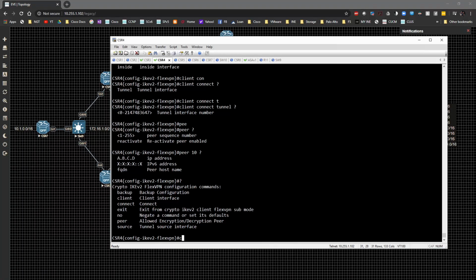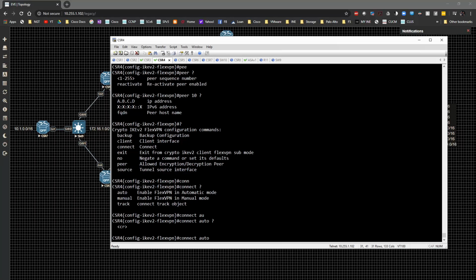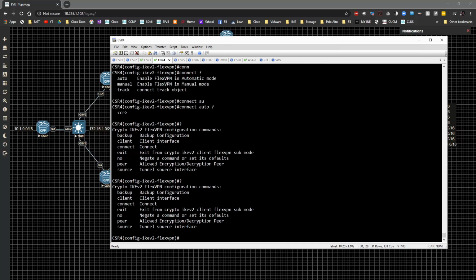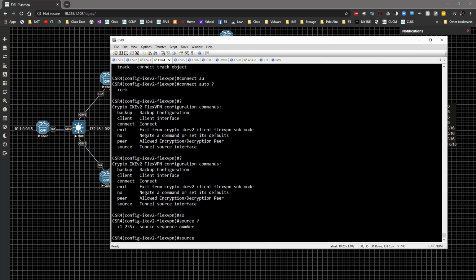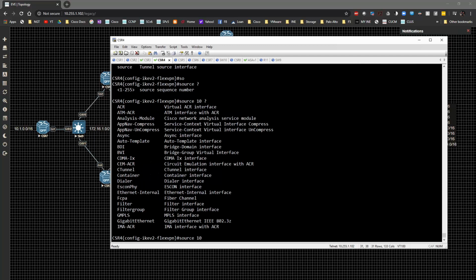Then we have the connect, and then we can say connect auto, which would automatically bring the connection up and running. And then we can do other things like that. You can specify the source of who you want to peer from, and then you can say like 10, and then which particular interface you want to source traffic off of. We'll take a look at that in more of a high availability type of scenario. But what we're going to do, and it's actually pretty cool what you can do with it, is we're going to start off with the